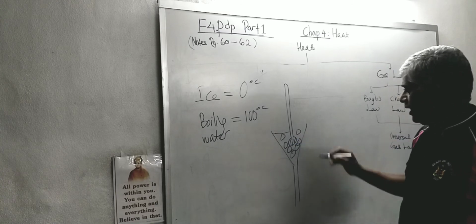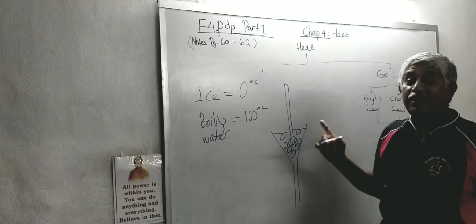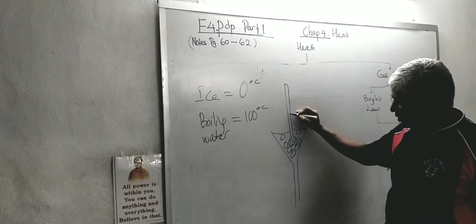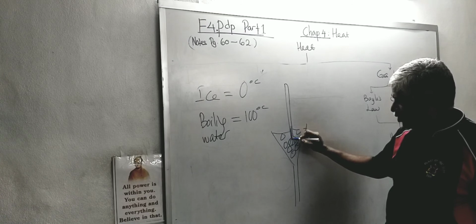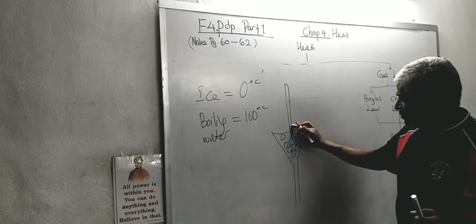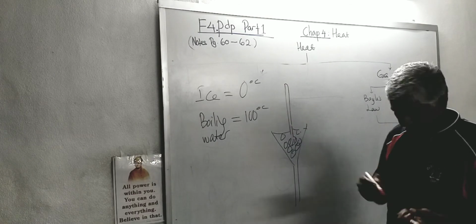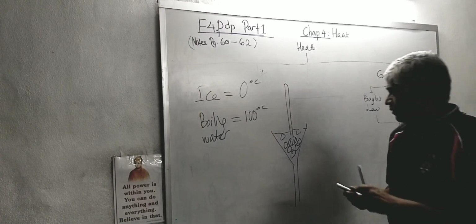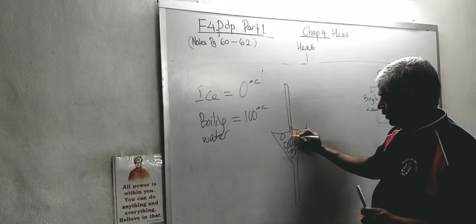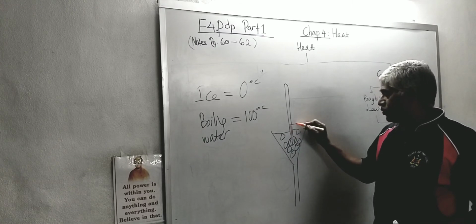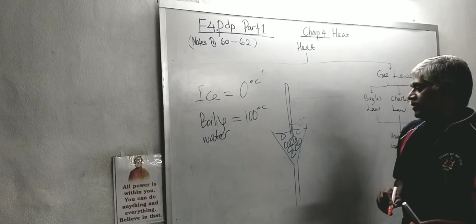Alright, this thermometer, then they leave it for a while until it reaches thermal equilibrium. That means once it reaches thermal equilibrium, the mercury will start to drop and stop at one point. Let's say it stops here. So after some time, there's no more movement of this mercury level. So I indicate this as 0.